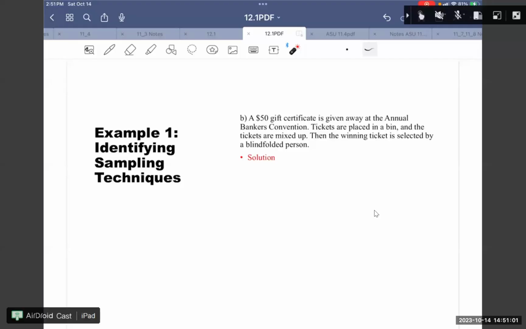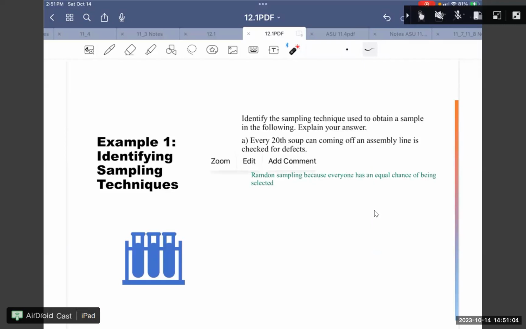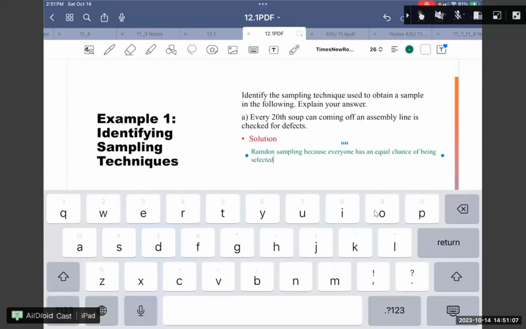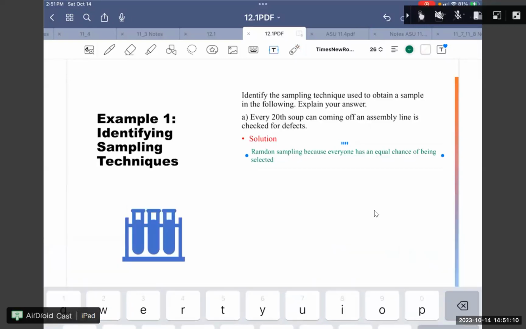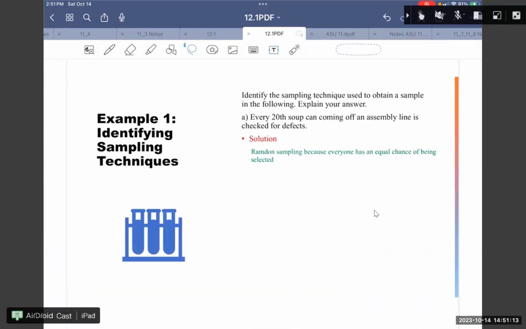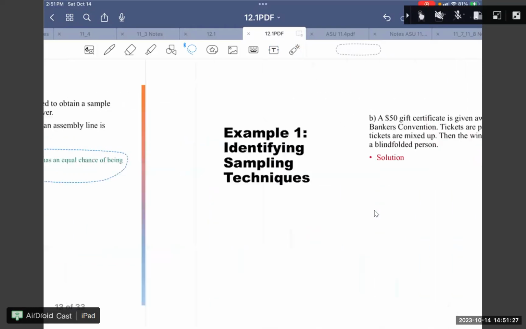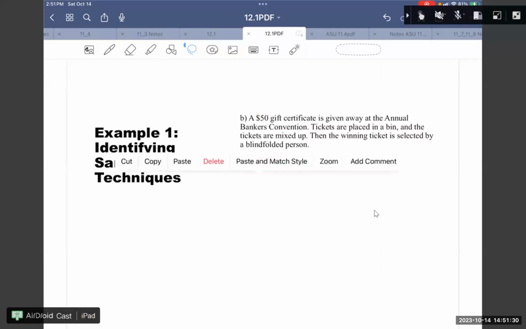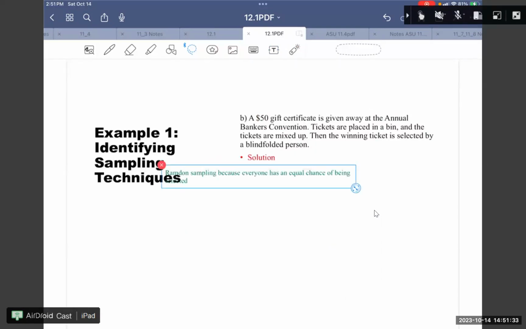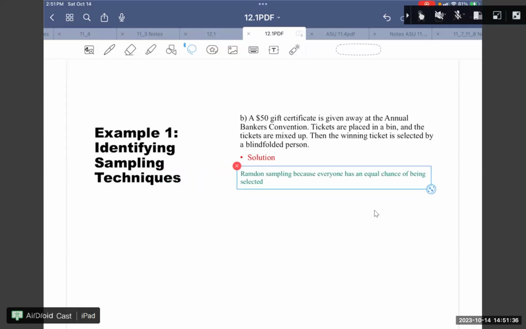Oh, I'm sorry for this. This answer should be another one over there. I made a mistake already. So this one solution select, so this one should be for B. Sorry for this. This one should be in here. Okay, sorry, I made a mistake because I tried to copy, but I copied it wrong.